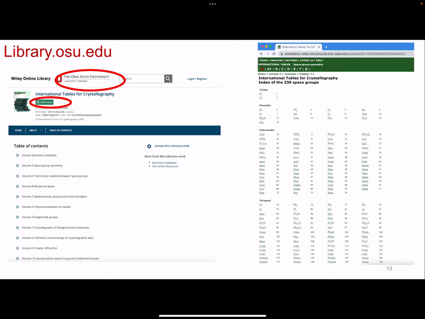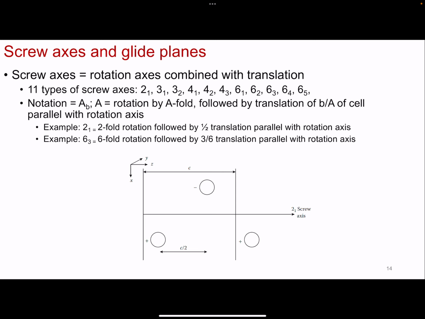Okay. And the International Tables for Crystallography is readily available because Ohio State has already paid for the license. See here, you can see access. So if you go to library.osu.edu and type in International Tables for Crystallography, it's all available in Volume A, Space-Group Symmetry, in the 2006 edition. 2016 is not available yet. But here you can click through the 230 space groups and you can go through that. So this concludes part 1 of the crystallography